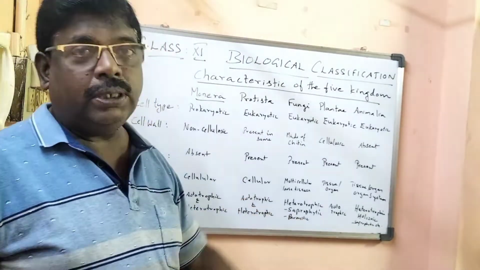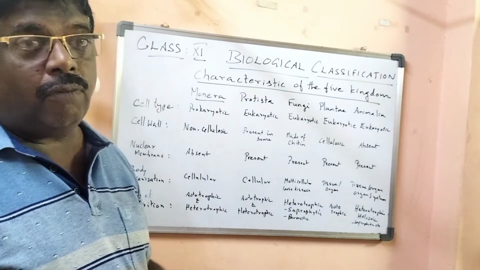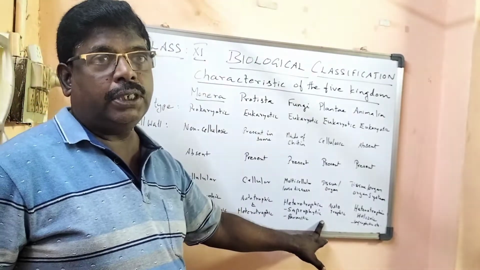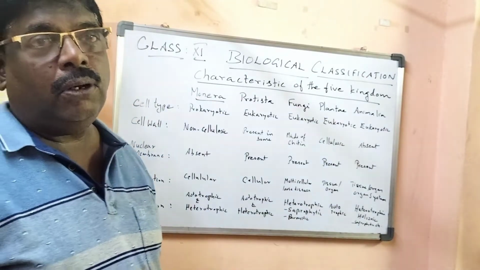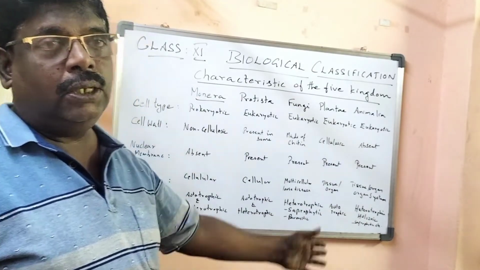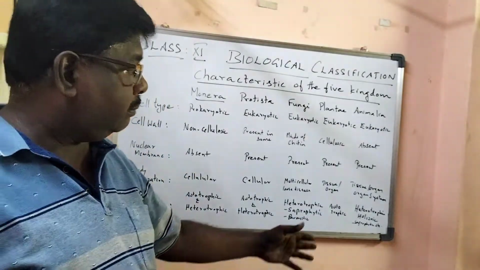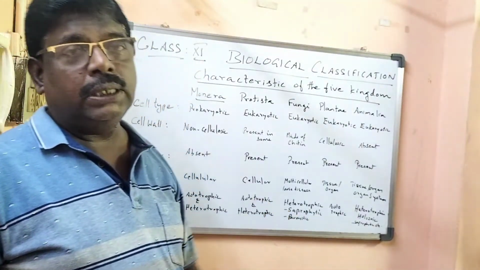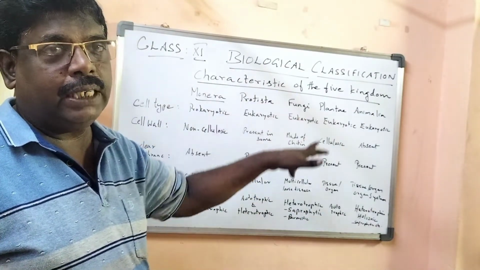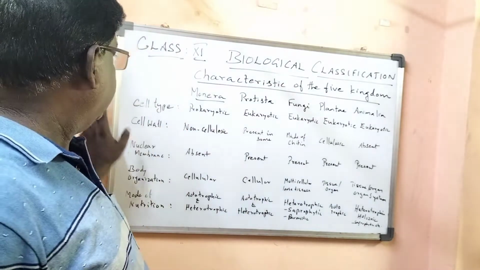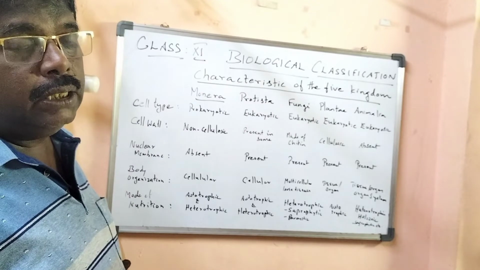Plants, with the help of chlorophyll, produce their own food. The process is called photosynthesis. The mode of nutrition is autotrophy. Coming to the animals, including human beings, we are all heterotrophs. We follow the holozoic method. We have a well-developed digestive system, whereas some creatures are saprophytic. So this is the broad outline of how the five kingdom classification has been done based on the following criteria: cell type, cell wall, nuclear membrane, body organization, and mode of nutrition.